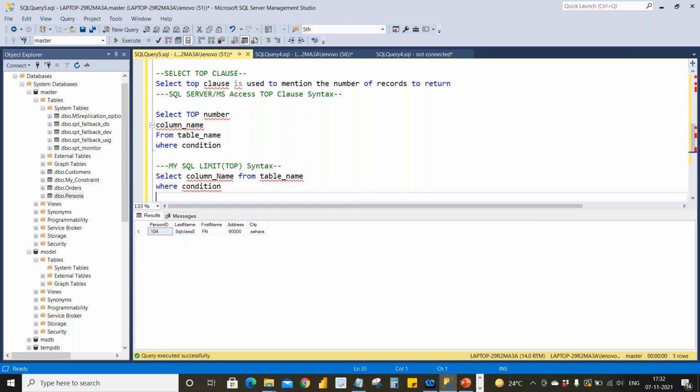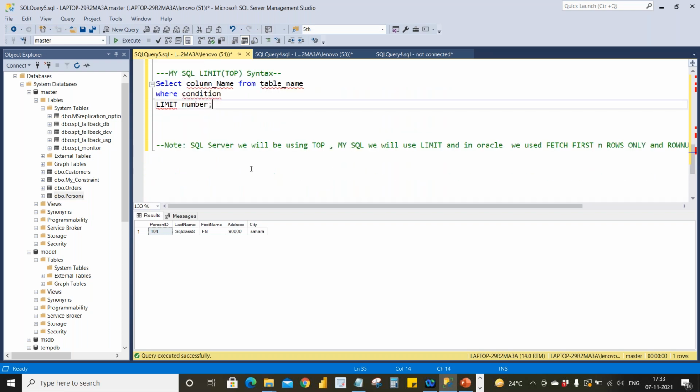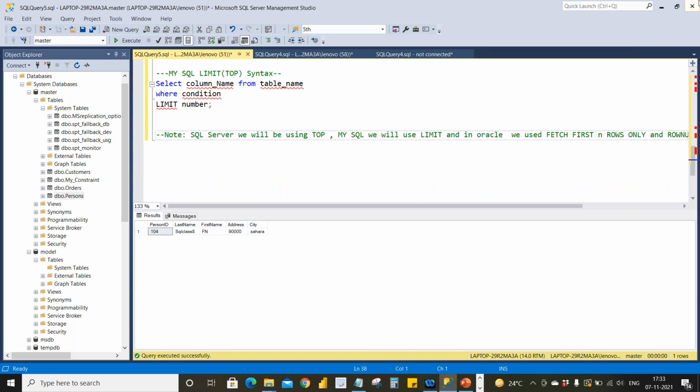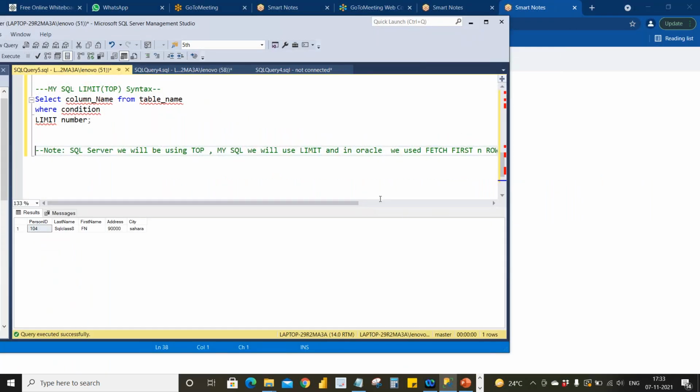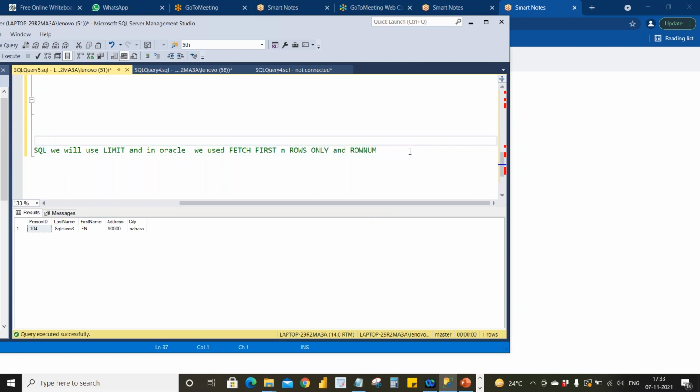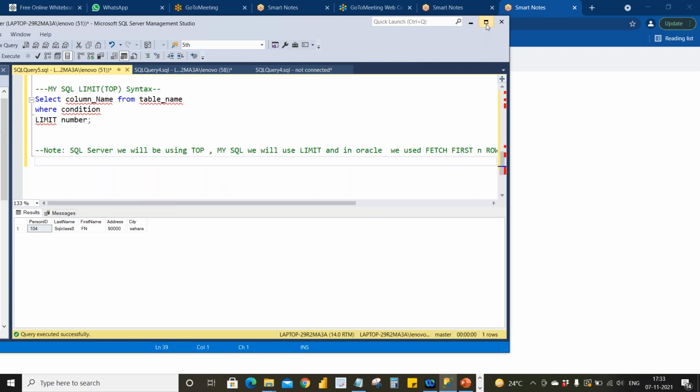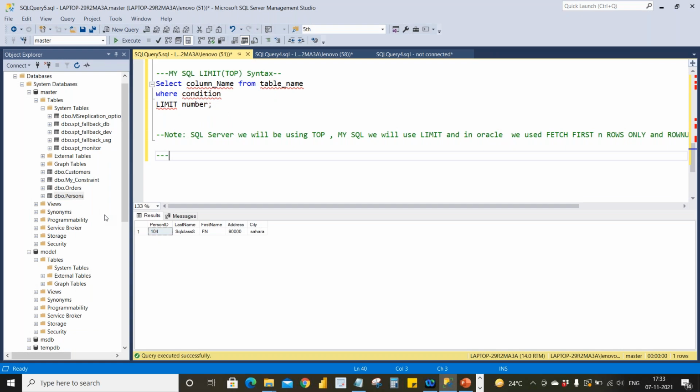So here we use limit and we give some number like limit 100, limit 20, like that. So let's go with an example. We'll take persons.